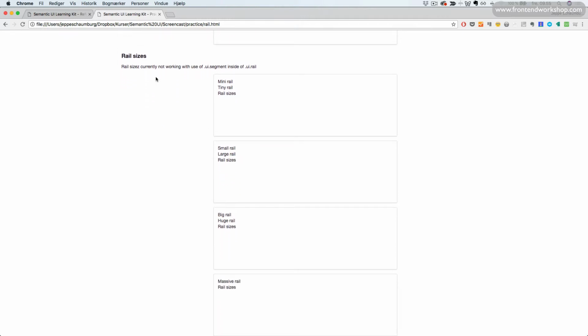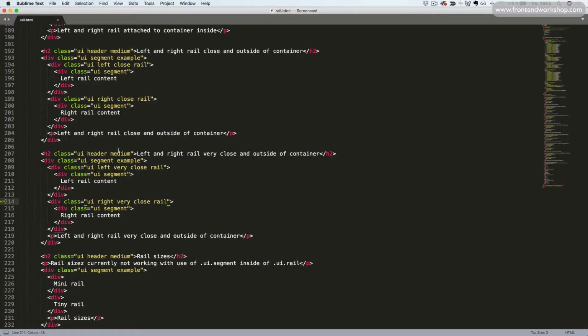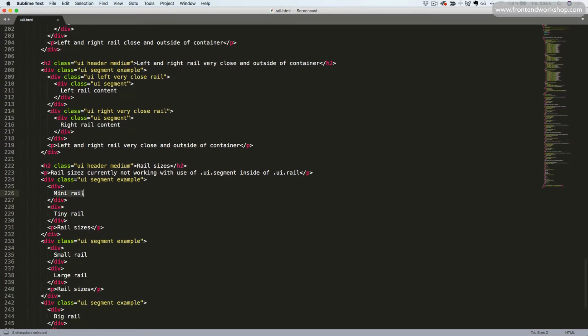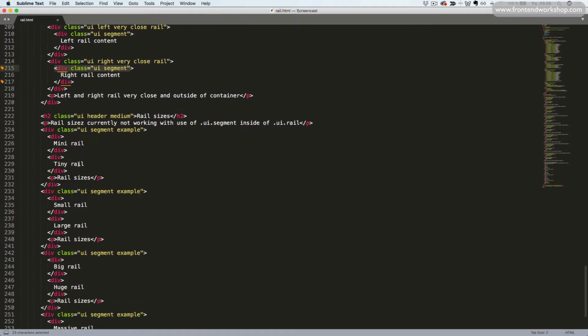Notice that rail sizes currently are not working with the use of UI segment inside of the UI rail. So for these examples, we'll only use text here. We'll not wrap the text in the UI segment since this is not currently working. So to create these sizes, we add the class UI left mini rail,